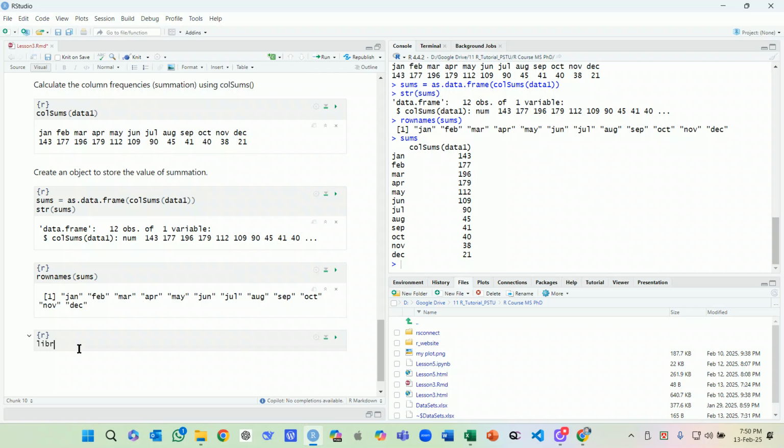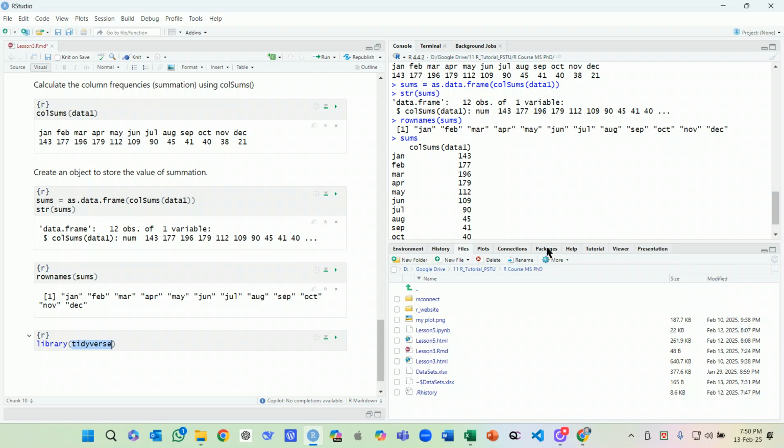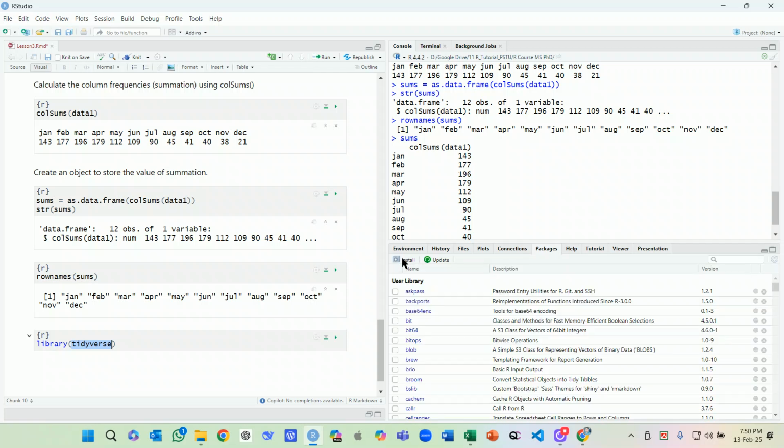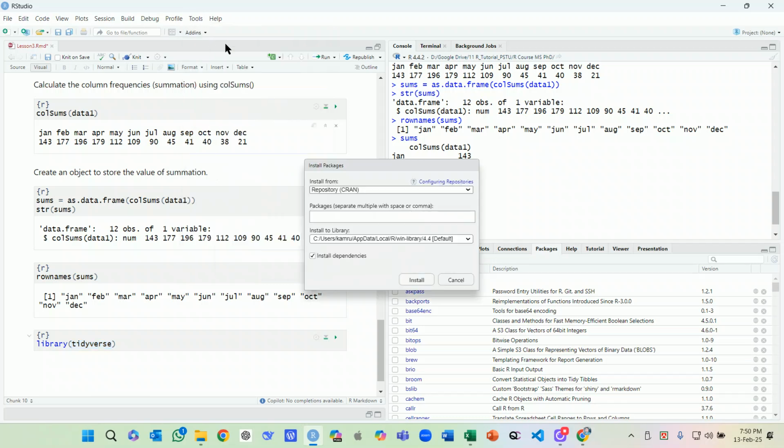So we are loading this library, tidyverse. If you don't have this library, you cannot use this. To install the library, you can go to packages here and install the library, or you can also install from tools, install packages, and here you can type tidyverse and click install. Keep this tick mark unchanged, because this package may depend on other packages, so that during installation of this package